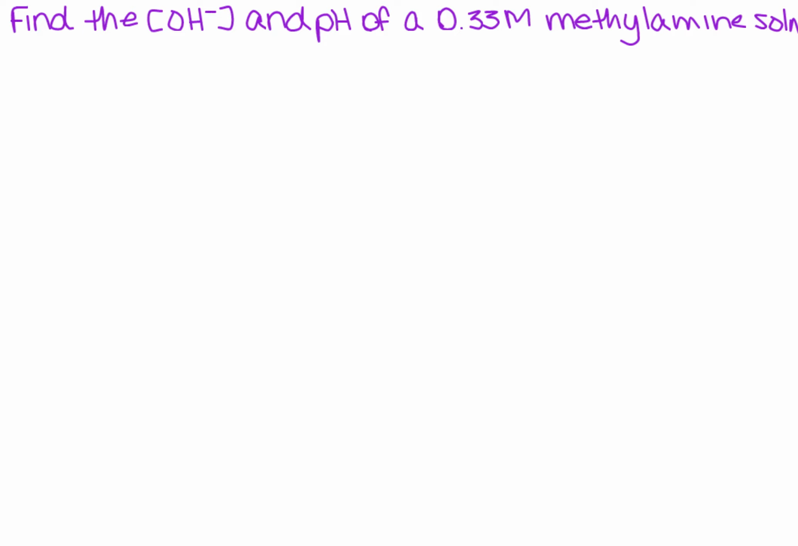I want to find the hydroxide ion concentration and pH of a 0.33 molar methylamine solution. When I think of methylamine, solubility doesn't really play a part to me, right? I don't know that as a soluble salt or as anything of that nature. So I need to figure out what is the reaction for that. So the reaction is